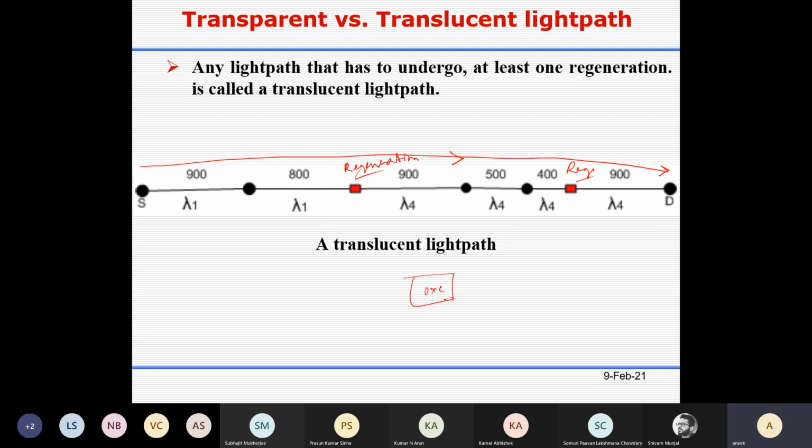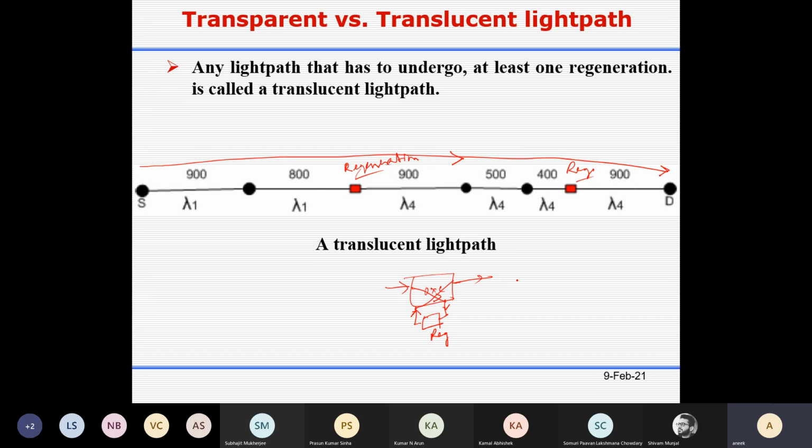If you want to have a regenerator, then you have to pass it through this thing. So your signal comes, so you should use this port. This is your regenerator. Then you get it over here. Then it should be sent like this. So then you'll be using the regenerator.